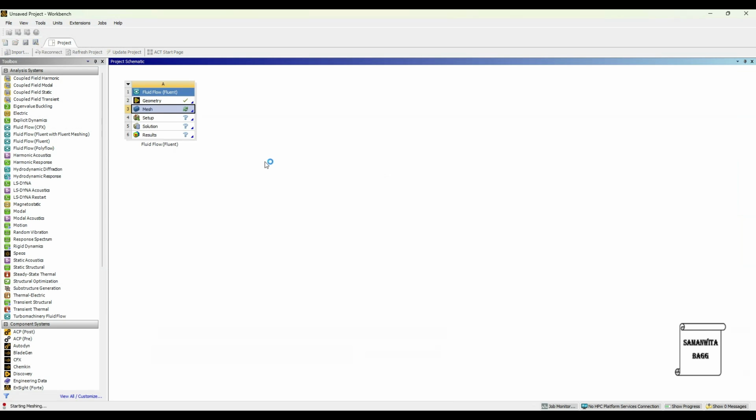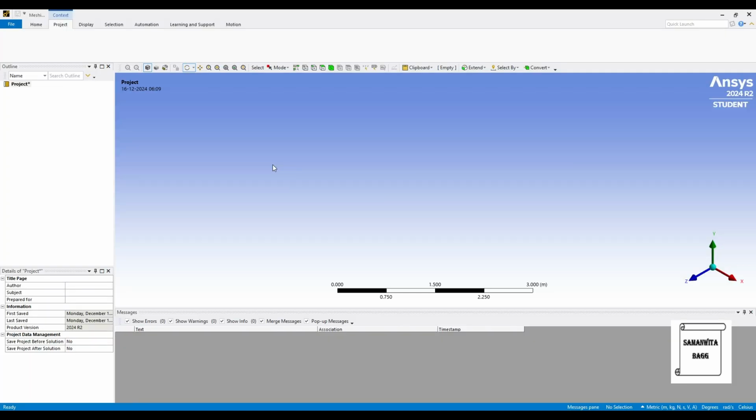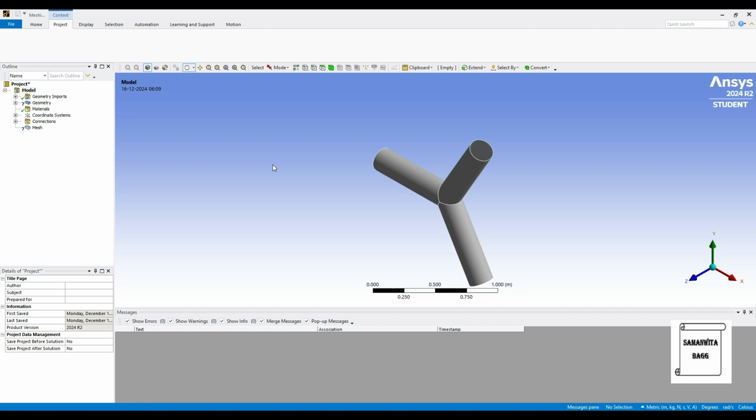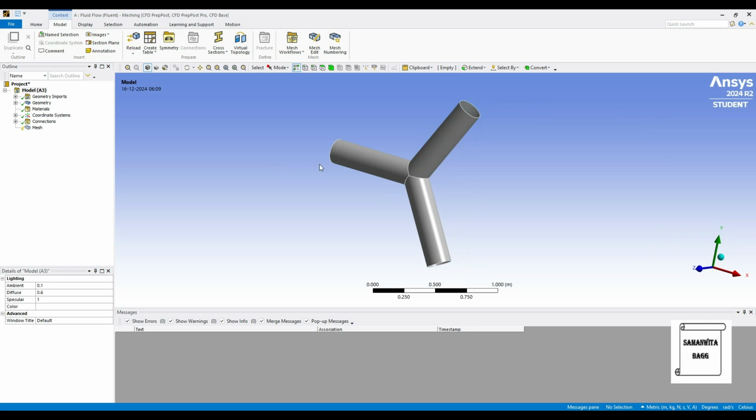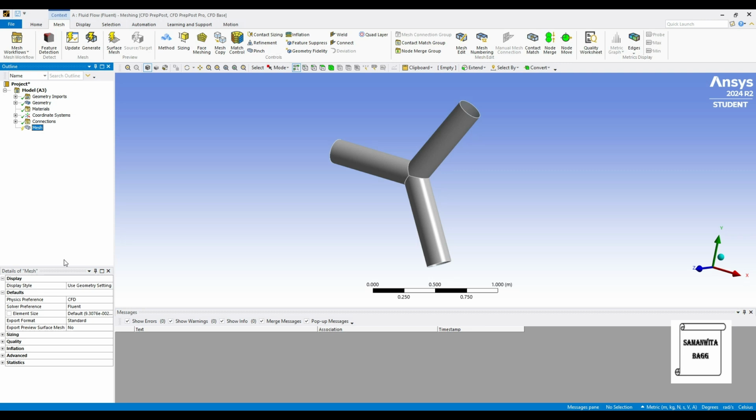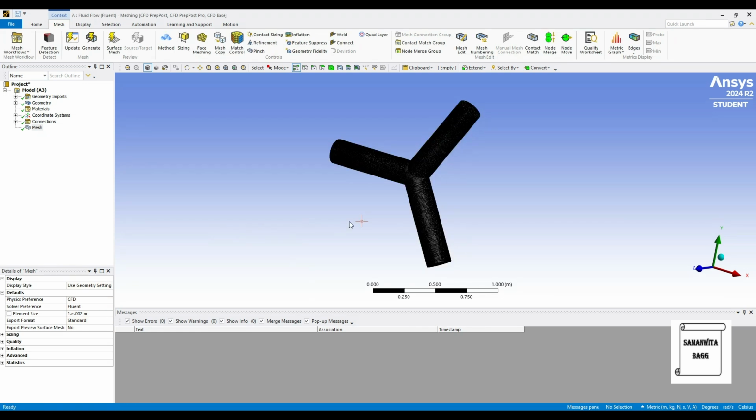Then I'll go to mesh and double click on it. Once this window opens, I'll first go to mesh. Now you can keep the default sizing which is given here, or you can change it. Let me give it 0.01 meter and then generate. So once the mesh is done,